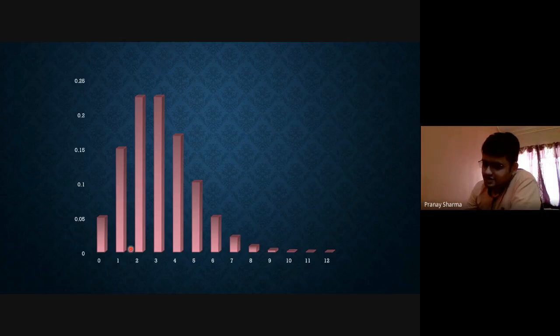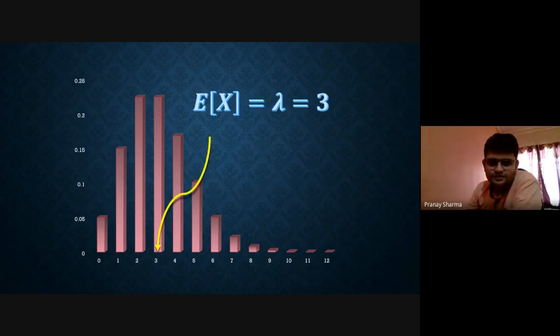You can see the probability of Poisson distribution has a very positively skewed type of curve. It goes till infinity, but the probability becomes so small that after some time we do not calculate the values. You can see it becoming so small that it is going till infinity, but the probability is almost negligible after a few values. And our expected value is nothing but our lambda, that gives us 3. This is our expected value.